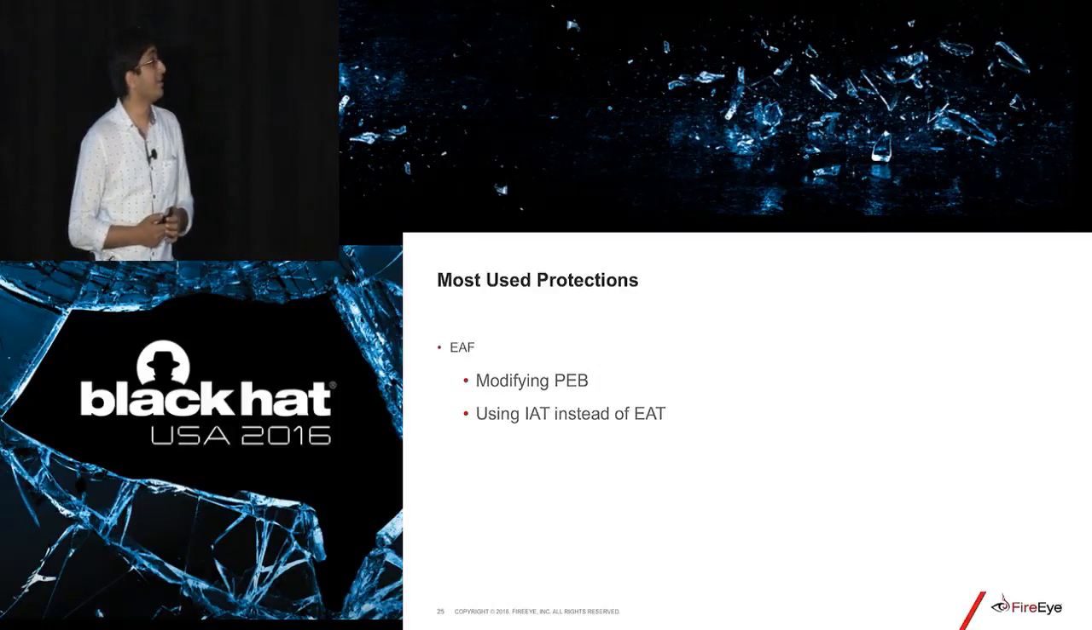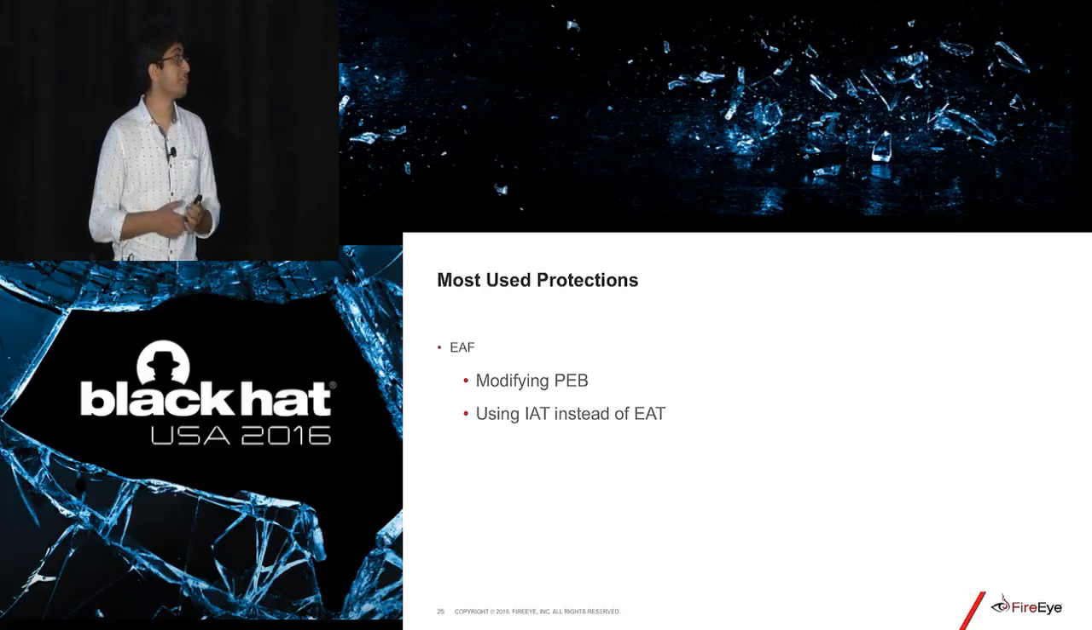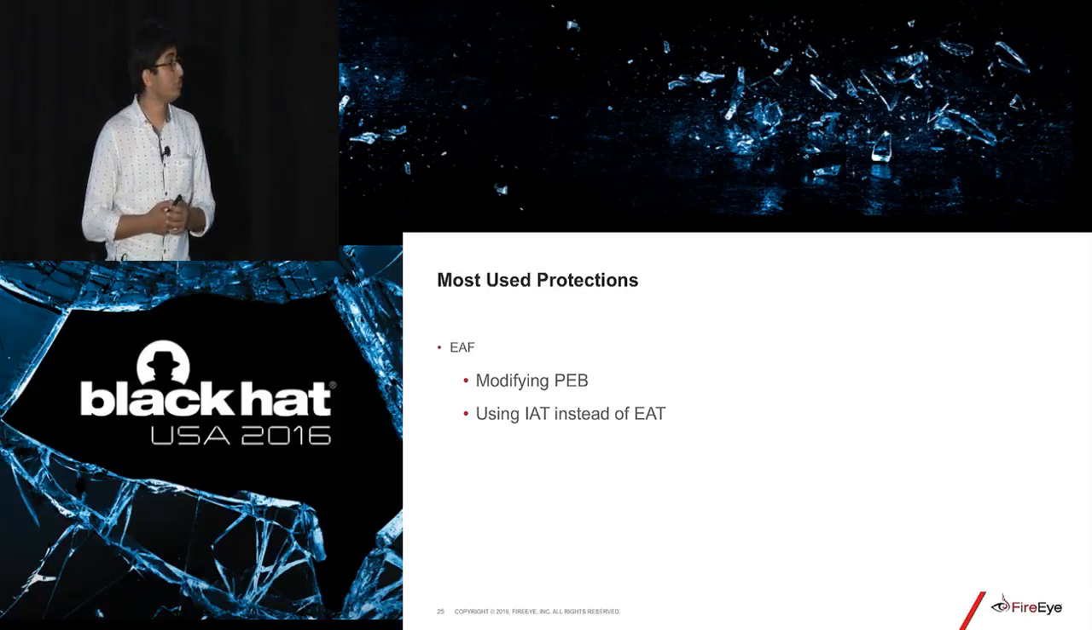So the next is EAF. EAF is basically export address table filtering. What it does is, it will put a hardware breakpoint on a very specific set of addresses, and it will check whether the address is being violated for read access, and it will check whether that thing is coming from a loaded module or not. So let's say that it has put the breakpoint on KernelBase, kernel32 and NTDLL's export address table, and